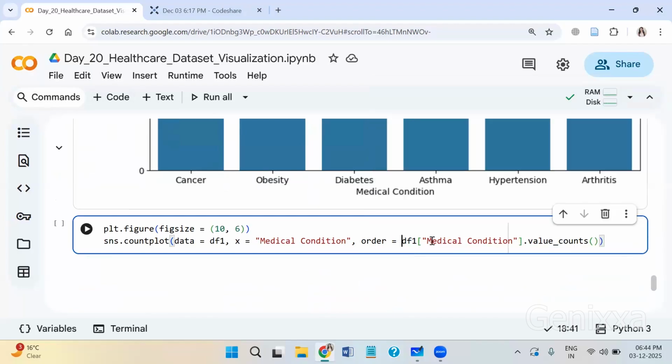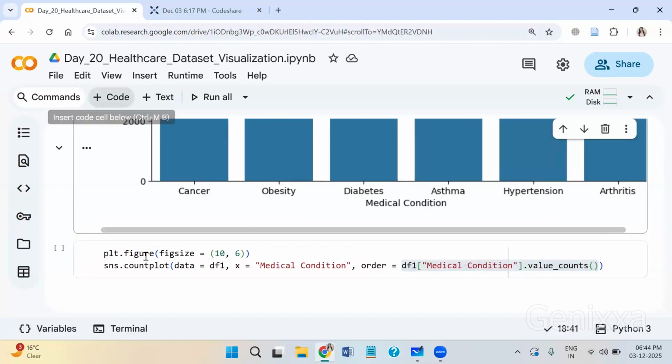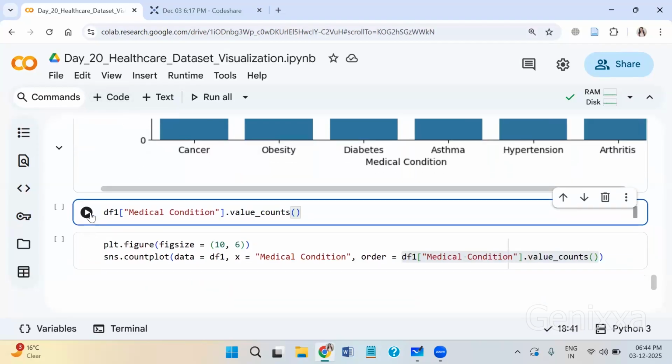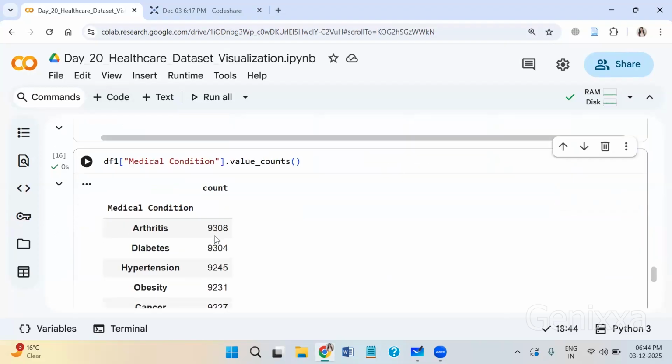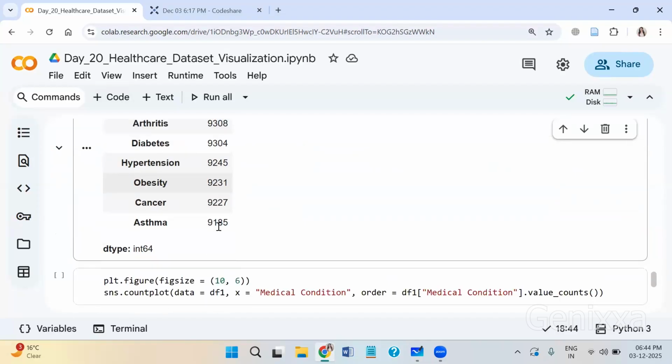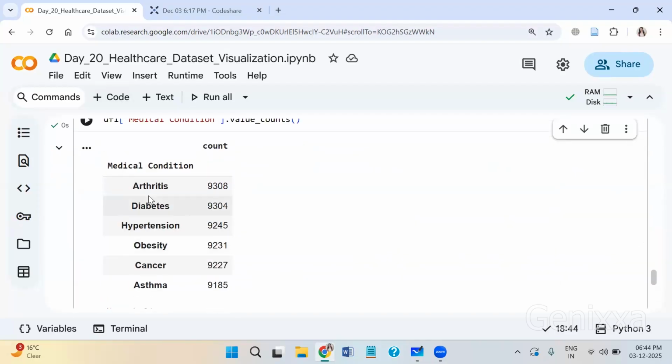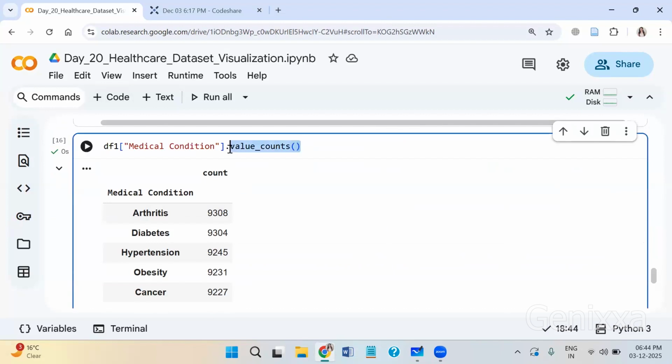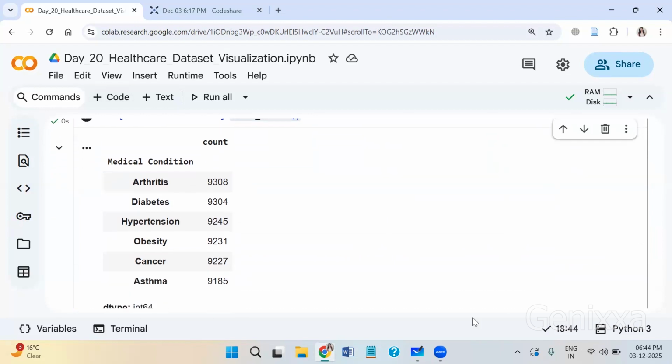So based on the value counts, for instance, if I calculate the value counts, let us observe everything side by side. If I observe value counts from the medical condition, this is currently the count we can see. This one is the highest, this one is the lowest, although very small difference, but still there is a difference in numbers. So what I'll do is, when I check this value counts, if I ask you one simple question,